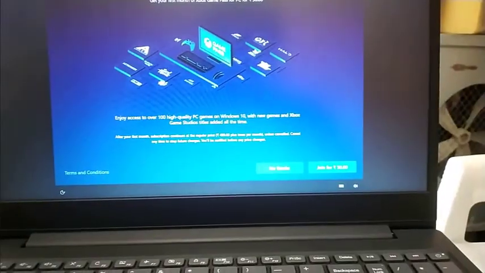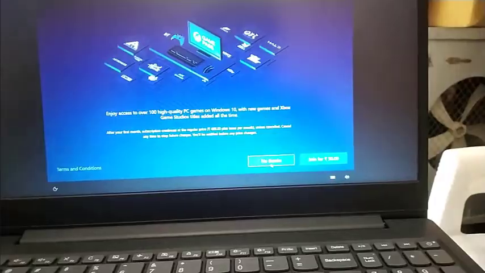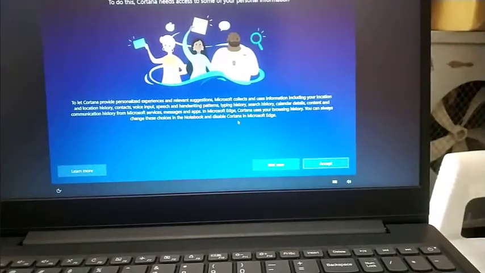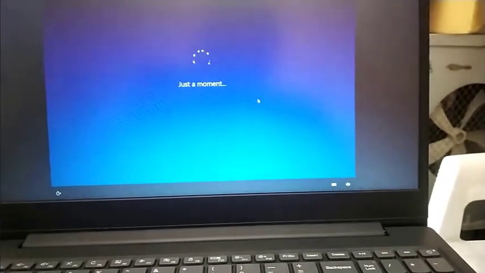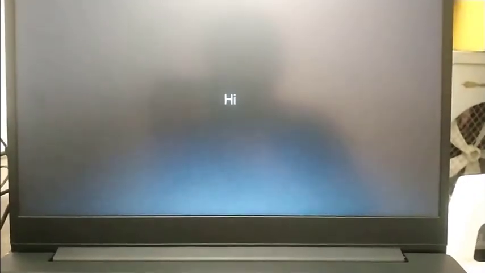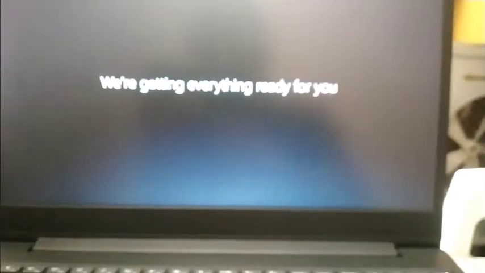Discover your next favorite games with Xbox Game Pass: no thanks. Accept Cortana. So now this will start loading. After this is done, our Windows will be ready. So I'll just skip the whole part.